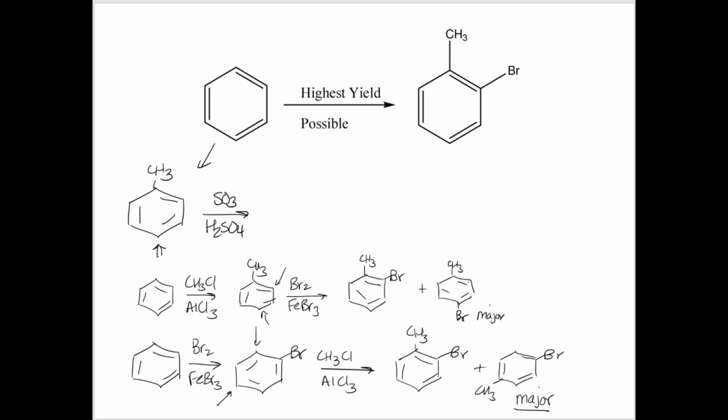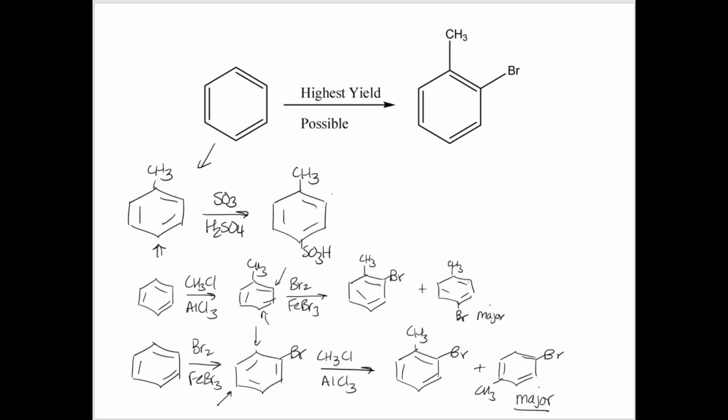Now the SO3H group is huge, right? And so it would form almost exclusively the para product because of steric hindrance. So I would get then the para SO3H addition as, if not 100% yield, pretty close to it,